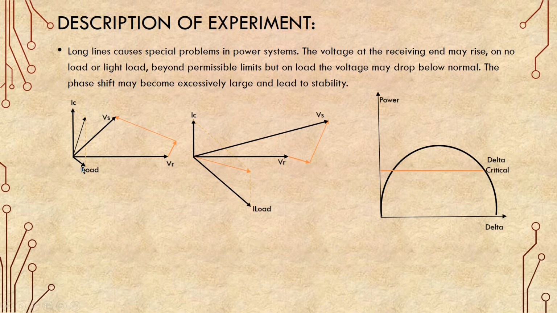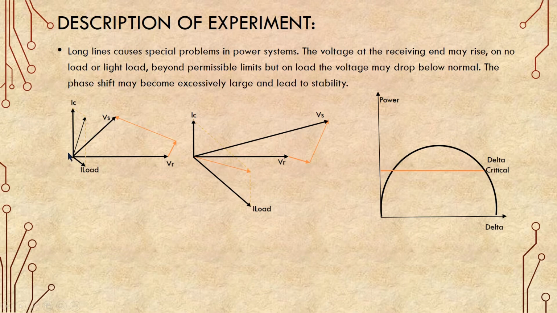So assuming the load is inductive and lightly loaded, the magnitude of the load current is less, and due to this long length transmission line we have a significant effect of the charging current. Whenever we lay a transmission line at higher voltage and longer distance, the capacitance created between the transmission line and earth creates a charging current, and that charging current will be significant if we have a long length transmission line. Then this IC will be significant.